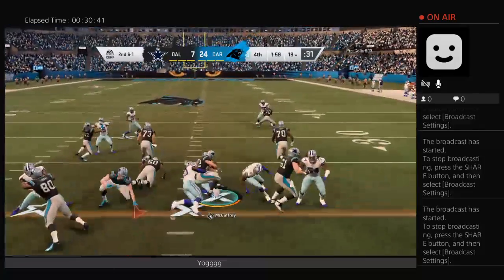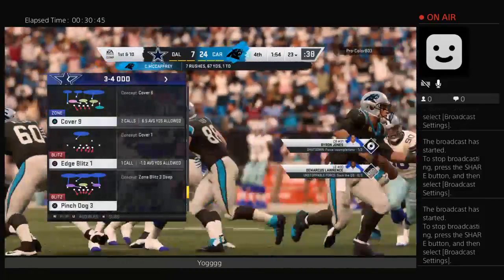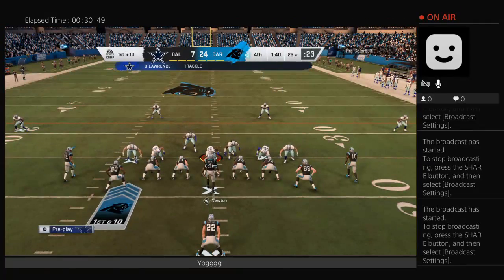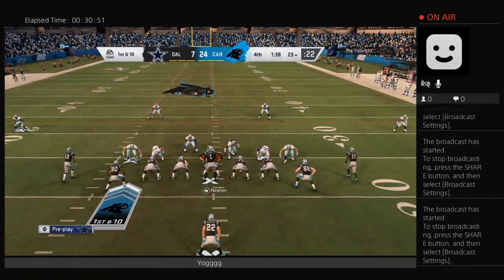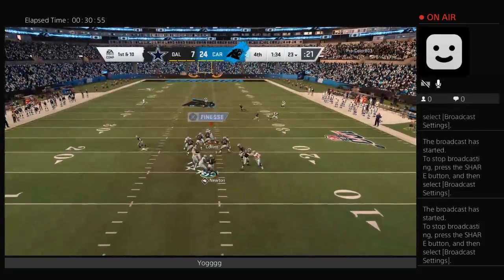On 2nd down, McCaffrey. And they'll get him down here at the 23. 4 yards the pickup, first down. I have to chuckle to myself a little bit, Brandon, because right now I could be in that huddle with that offensive line. I know exactly what they're...